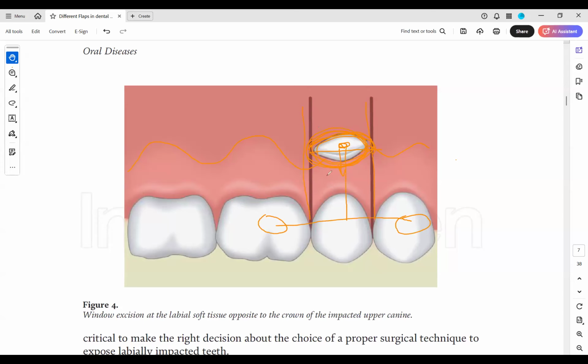Now, because the location was very close to the mucogingival junction, you would position this flap and suture this flap back on the apical area of this impacted canine. That means when you're positioning it apical and above, like above this, that is apical position, right? So if you're suturing this flap that you raised here, it would be called an apically positioned flap. Yes or no, please?